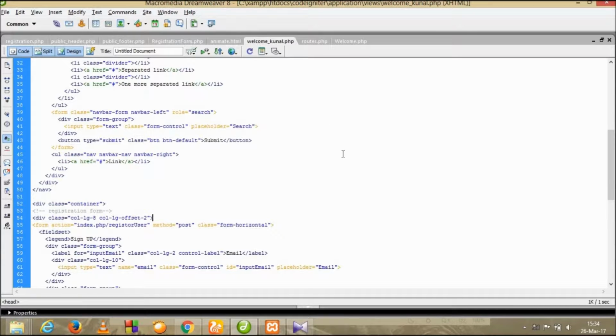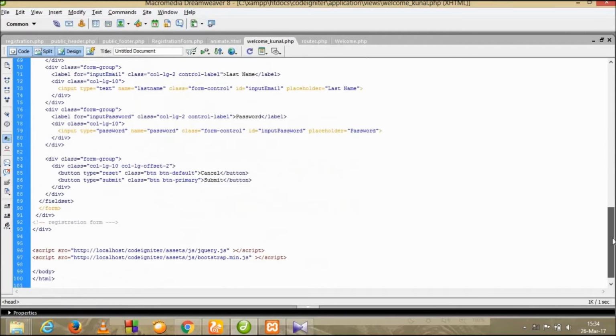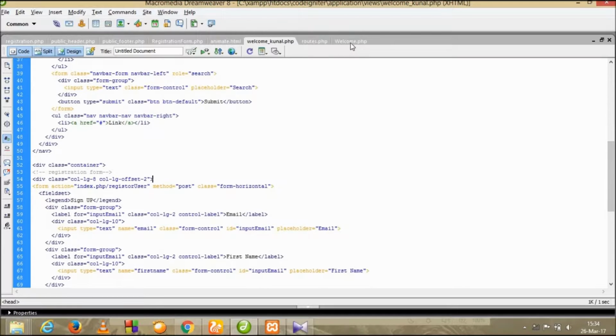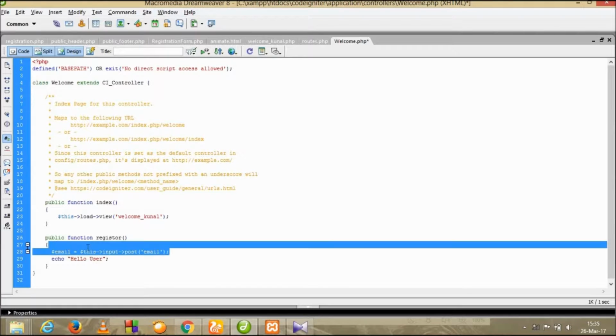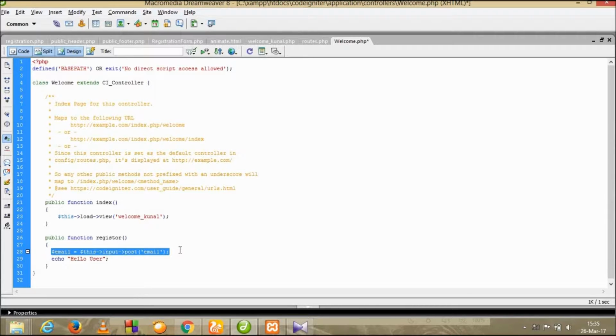So now let's get all this data in our controller, the welcome controller. In post, let's write a dollar email variable, $this->input->post, and here you have to write the name of the input element. So for email, the name of the input element is email, and after email is the